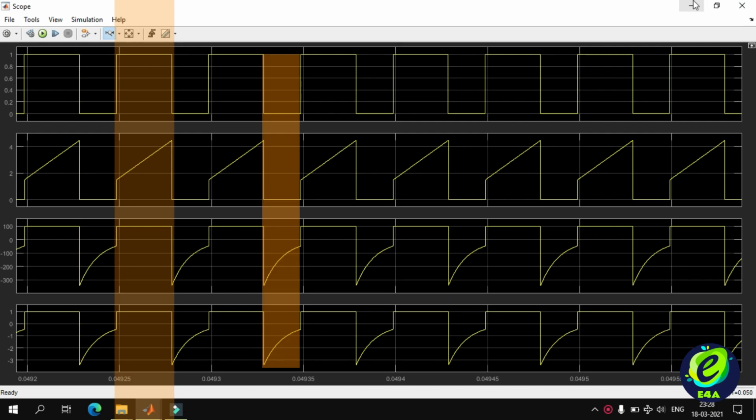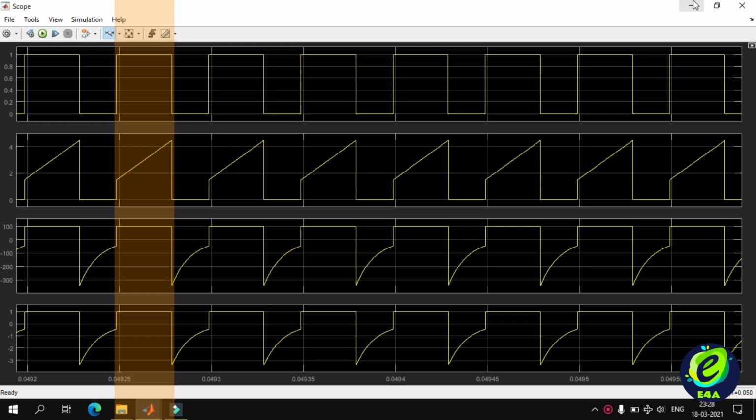During turn off time, the current is 0 in the primary winding, and on the secondary side, the output side, the load voltage and current get reversed and reach 0 at the end. This is because the magnetic field that was developed in the transformer during turn on time gets discharged into the load during turn off time.